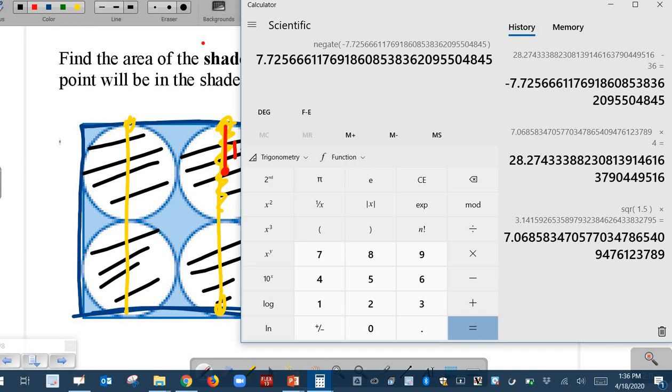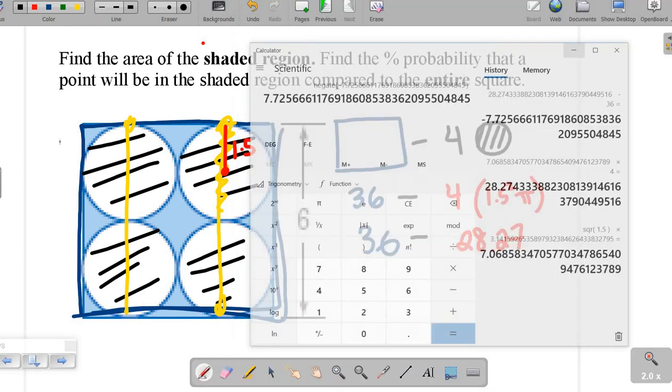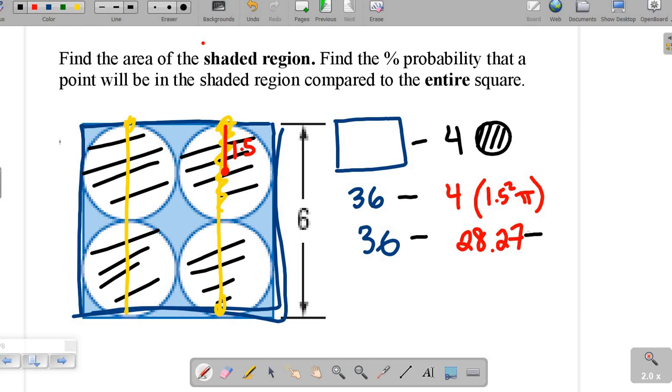And we get 7.72 is our shaded region. 7.72 is our shaded. To get the percent probability that a random point is in the shaded, compared to the entire circle,